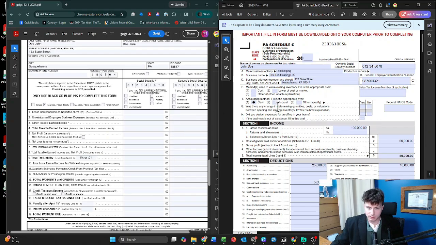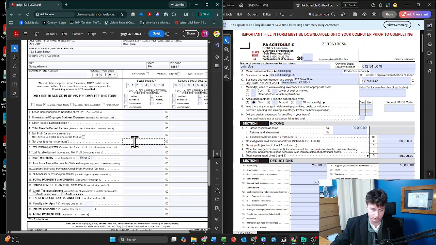So in this case, the Schedule C is owned by the husband, John Doe, and for this information, as you can see, line 1 is for W-2 income. Line 2 is for unreimbursed employee business expenses. That doesn't apply in this case. And then there's other taxable earned income, but I don't personally think this applies. So as you can see right here, on line 5, you can see they have net profit and enclosed PA schedules. And then, if you have non-taxable S Corp earnings, check this box. And then if you had a loss in your business, you can check it right here